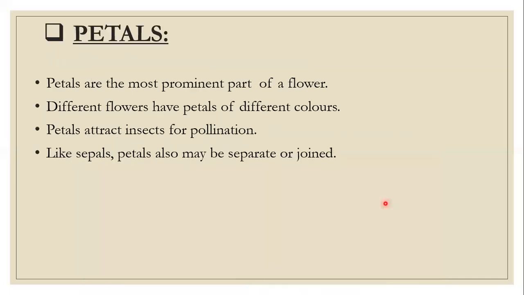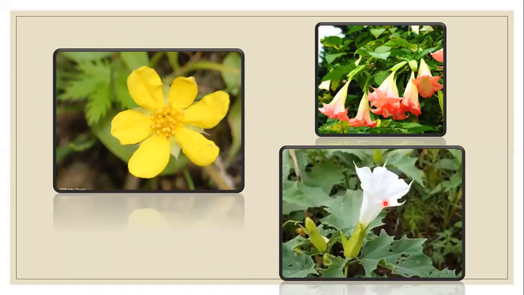Actually, I told you the petals are either joined or they are separate, and they are of different colors. And here, see, is the flower of the datura plant. Here the petals are white in color and they are joined to form a bell-like structure. See, the bottoms of the petals are joined together to form a bell-like structure. So here, just to compare the flowers, in one the petals are yellow in color and can be separated. And in this flower, the petals are joined to form a bell-like shape and also they are white in color.